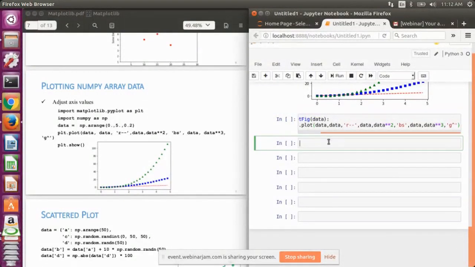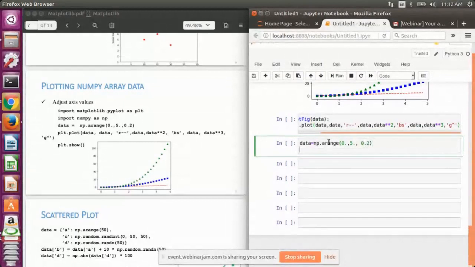Now I'm defining data as np.arange from 0 to 5 with a difference of 0.2. Let's see first whether we get the same figure or not.